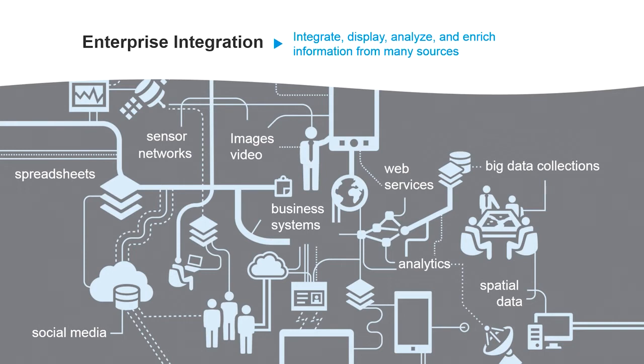But this is where the maps and apps for everyone come into play. You're able to take all of this enterprise integration, and once you get it into our location platform, you're able to deliver it on a map or an application that's ready to use and works on any device, anywhere, anytime, using mobile, web, and desktop applications, pulling in demographic information, using the various base maps that are available, connecting to partners and to other live information sources like traffic, and putting it on a device that is easy for someone to use.